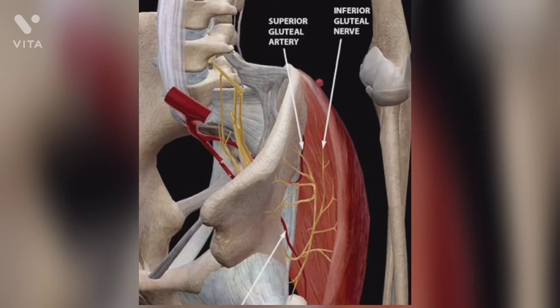It arises from the sacral plexus in the pelvis and is formed by the dorsal branches of ventral rami of L4, L5, S1. It enters the gluteal region through the greater sciatic notch above the piriformis in company with the superior gluteal artery. Superior gluteal nerve and inferior gluteal nerve are the exceptions in this case, as they enter through greater sciatic notch instead of greater sciatic foramen. All the other arteries and nerves of the gluteal region enter through the greater sciatic foramen.